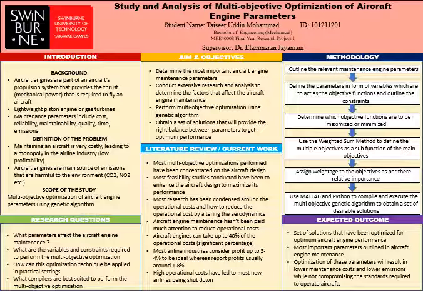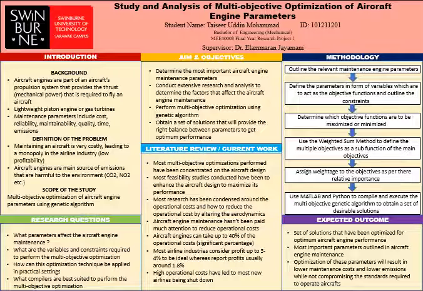Just a bit of background regarding the main component of my research, the aircraft engine. It's primarily the main mechanical device that provides thrust for the aircraft to fly. There are two major types of engines being used in the aircraft industry right now. A few of the maintenance parameters that I outlined from my research were cost, maintenance, reliability, quality and time, emissions,